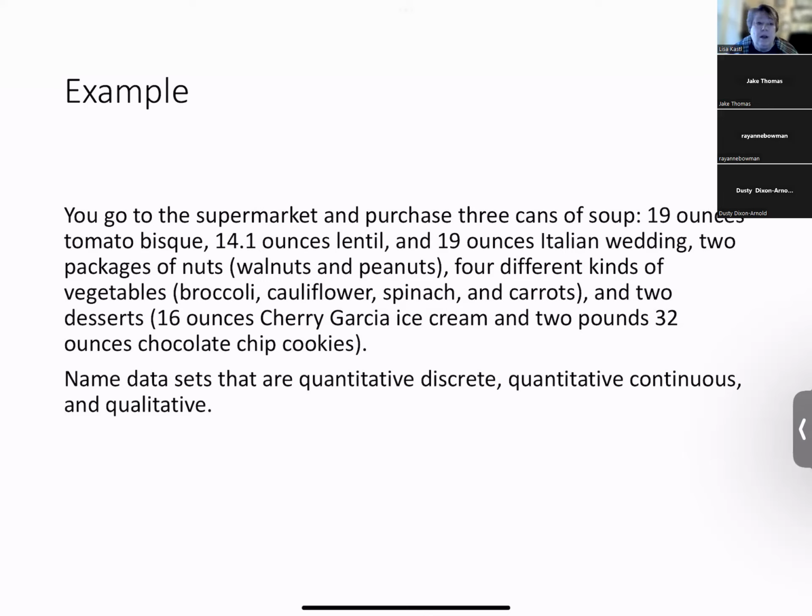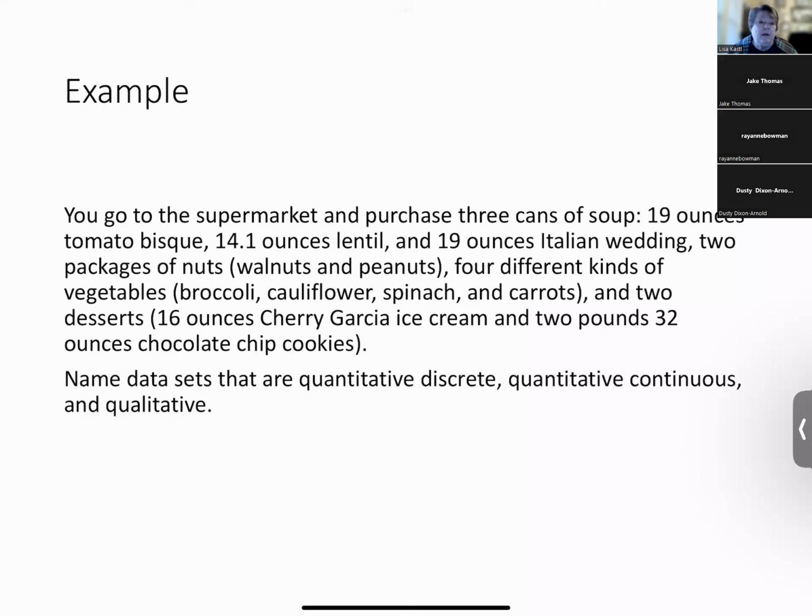Well, what could be the qualitative data? The type of soup you have: tomato bisque, lentil, and Italian wedding. You've got different kinds of nuts, walnuts and peanuts. Those would be the qualitative. Those are the attributes of the things that you bought at the store. What are your quantitative